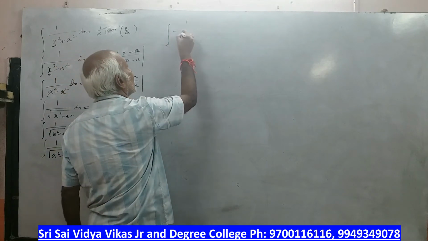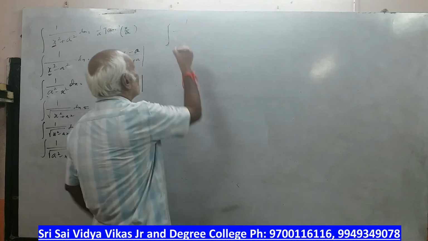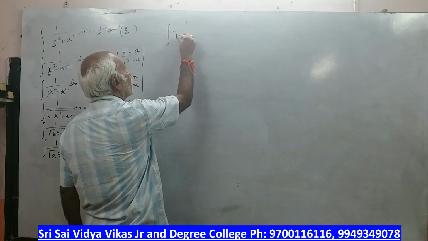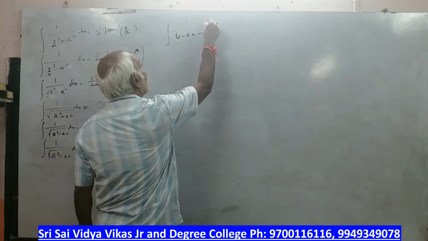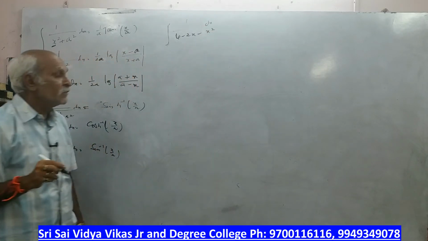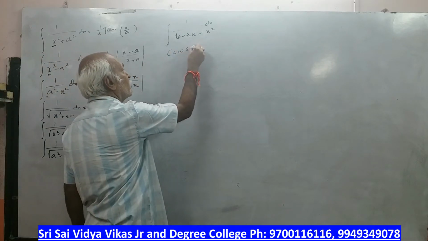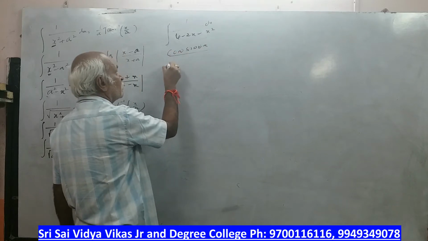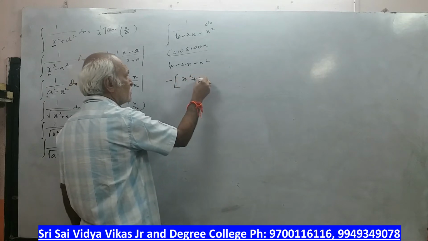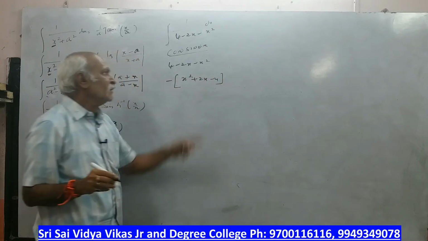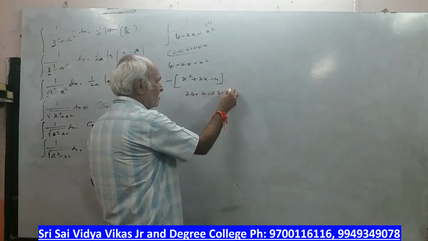Right, start. 1 by, what is that he has given? 4 − 2x − x². Observe here. If you understand this, the whole problems will be of the same nature. Okay, consider −x², minus common. So what I have done? I have taken a minus common. Again 2b is equal to 2, b is equal to 1, right?